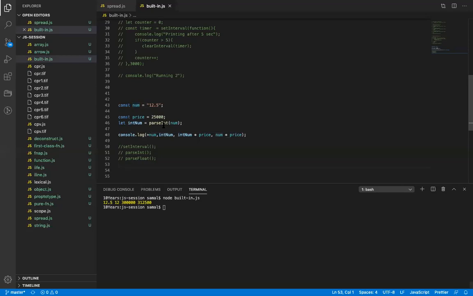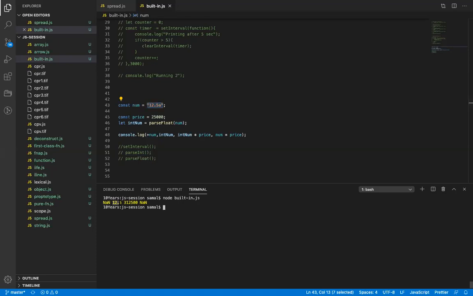Same applies to parse float also. Parse float was recently introduced. So if I run this, it will basically retain all the float value. But again, if I pass a, you will still see, because I have added this, there is no number value here, there is no numeric, so it returned NaN.